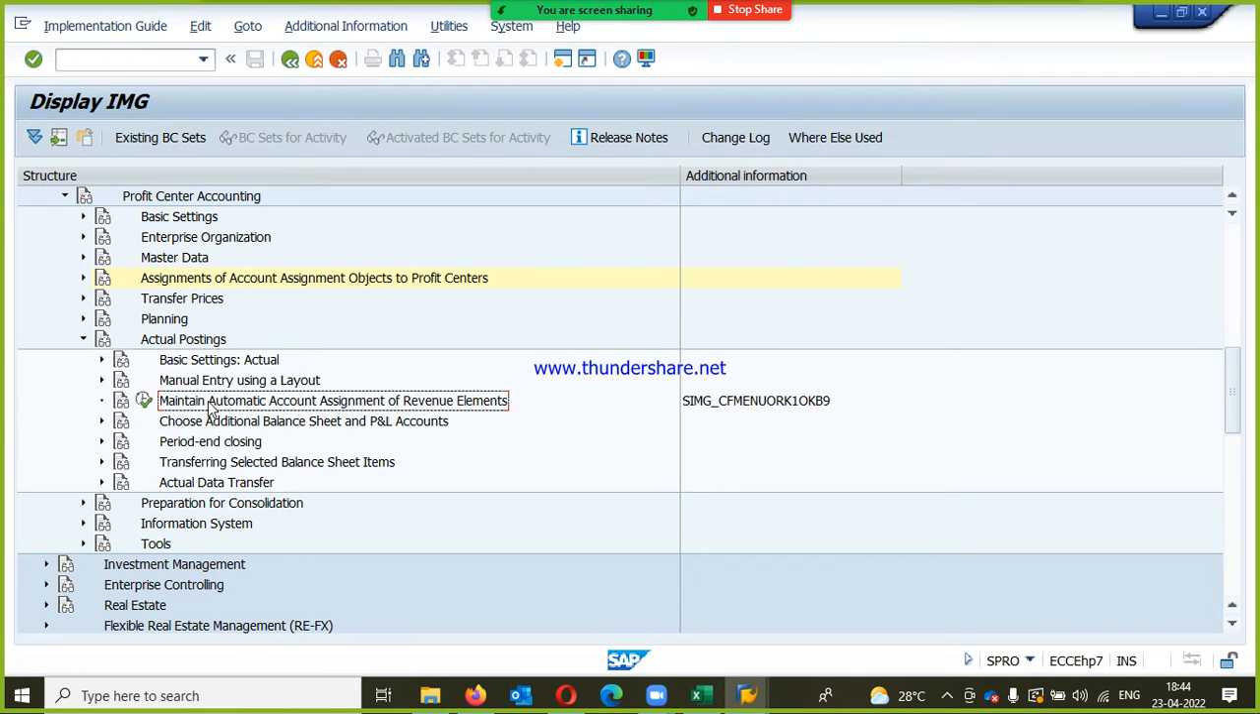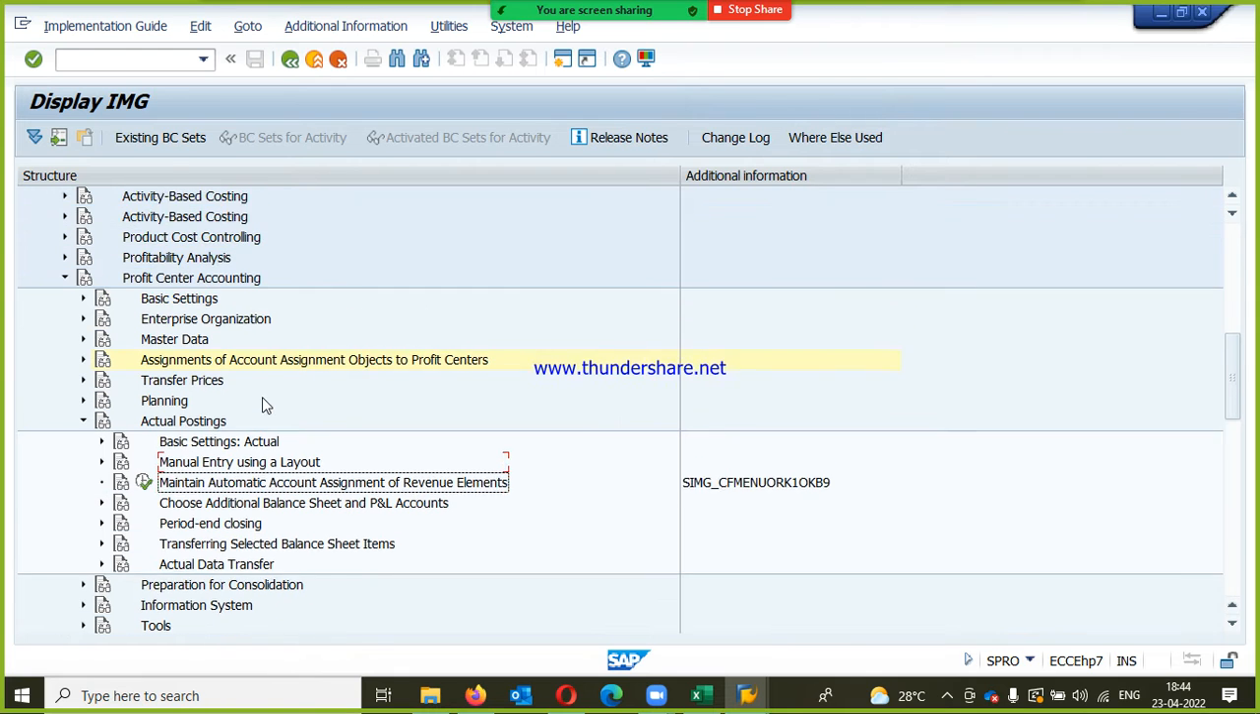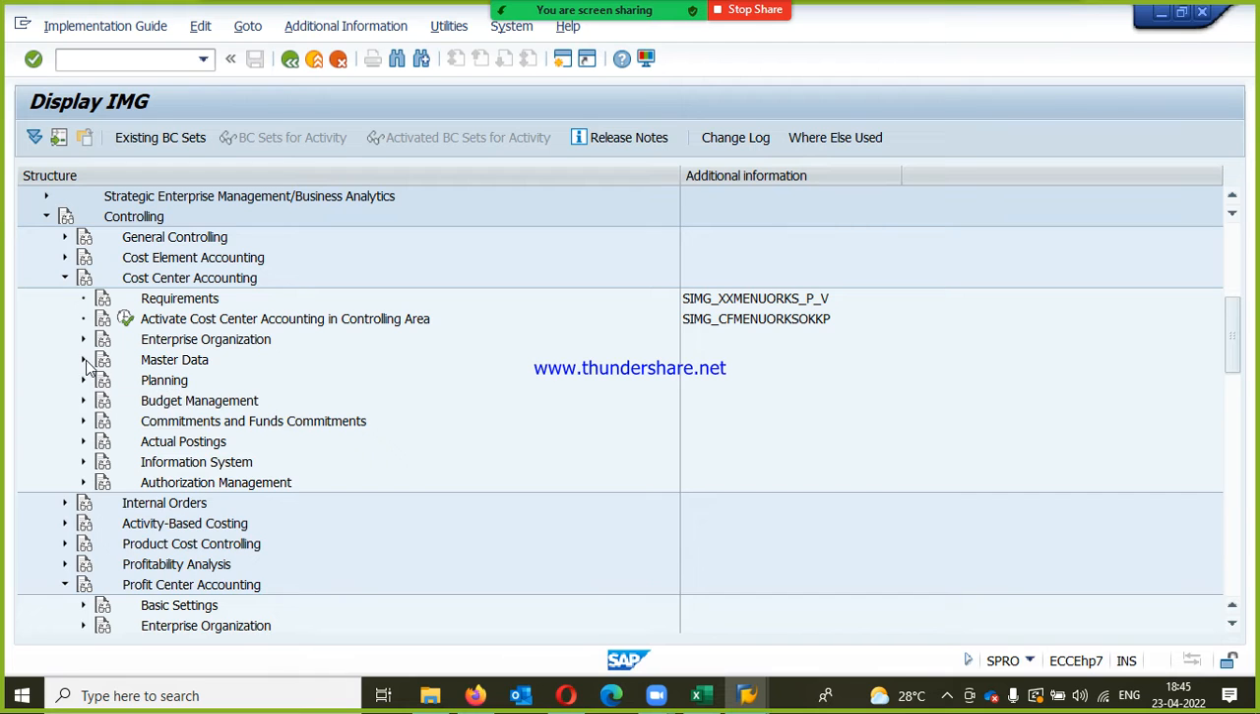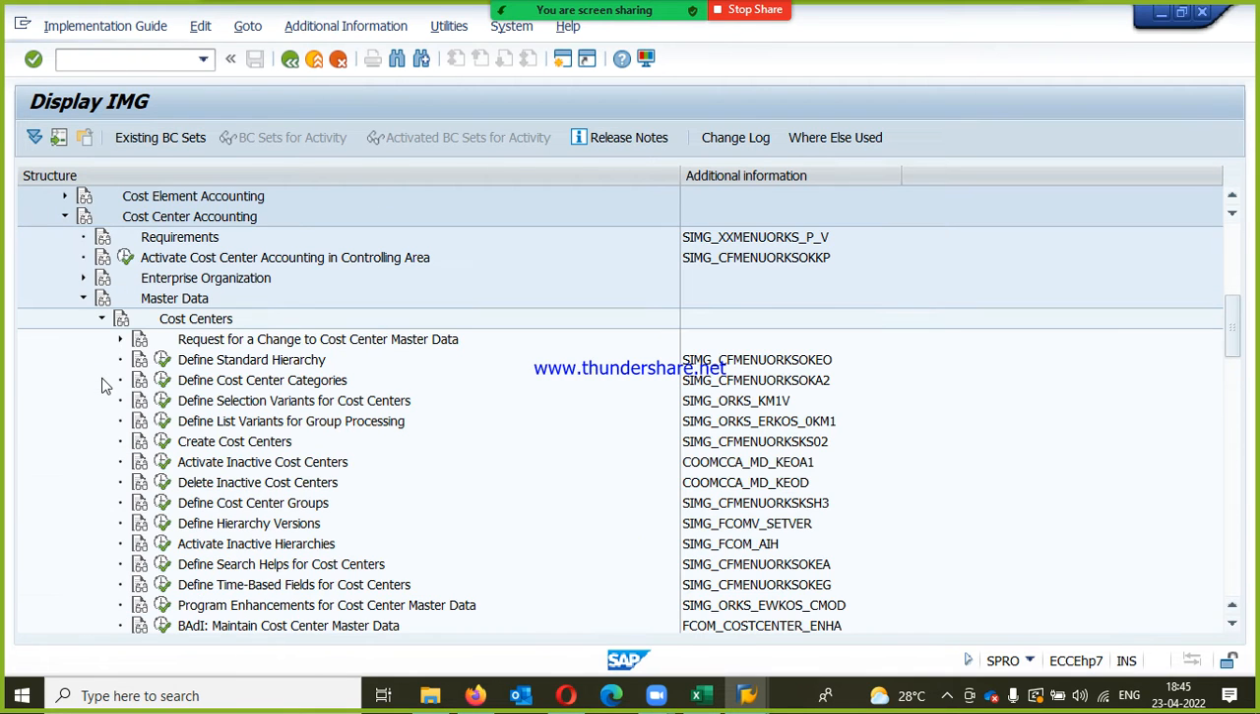Posting. I'll go with actual posting. Maintain automatic account assignment for revenue element, and the T code is OKB9. Or else in cost center also we can find that. Let me check in that. Go to master data, go to cost center,